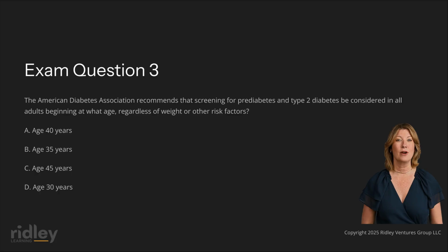Question 3. The American Diabetes Association recommends that screening for prediabetes and type 2 diabetes be considered in all adults beginning at what age, regardless of weight or other risk factors? The correct answer is age 35 years. Rationale. The ADA's universal screening recommendation at age 35 reflects the increasing prevalence of type 2 diabetes in the general